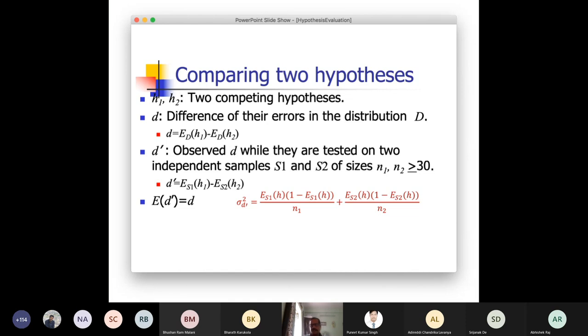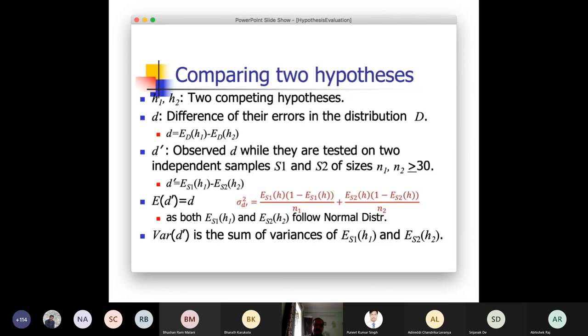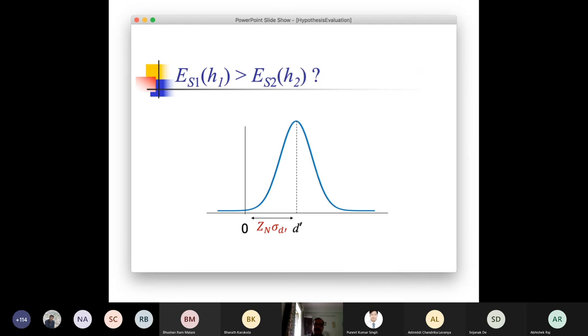Actually, the variance could be computed by drawing from both, because we are assuming both the processes are independent and they are following normal distribution. So the variance of this variable would be computed in this way. And then you apply the same technique of finding the confidence interval, and from there decide which one is